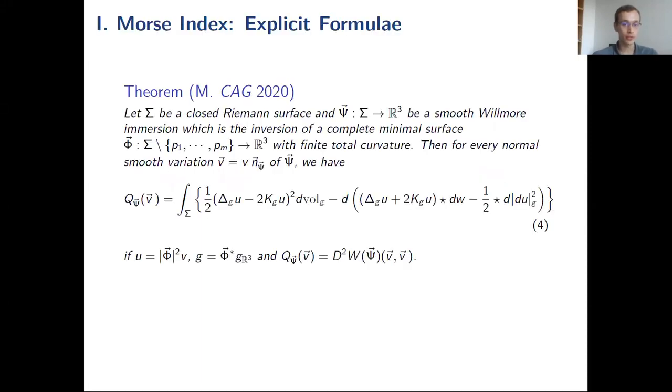And the first result that I proved was to show that in the case of conformally minimal immersions of surface in R^3, the second derivative simplified a lot. So phi will be your smooth closed Willmore immersion, and phi tilde will be the inversion of it, which will be a minimal surface of finite total curvature. And so the second derivative, which I wrote Q phi, will simplify a lot like this.